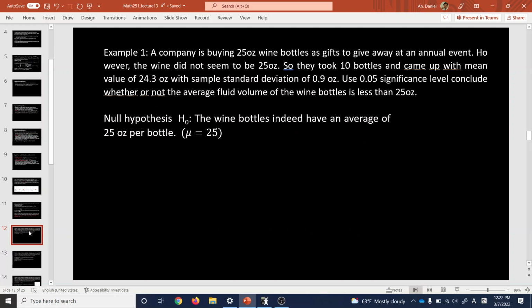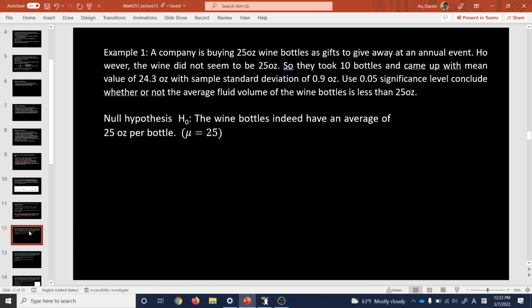So example 1: a company is buying 25-ounce wine bottles as gifts to give away at an annual event. However, the wine did not seem to be 25-ounce, so they took 10 bottles and came up with a mean value of 24.3 with a sample standard deviation of 0.9 ounce. Use the 0.05 significance level to conclude whether or not the average fluid volume of the wine bottles is less